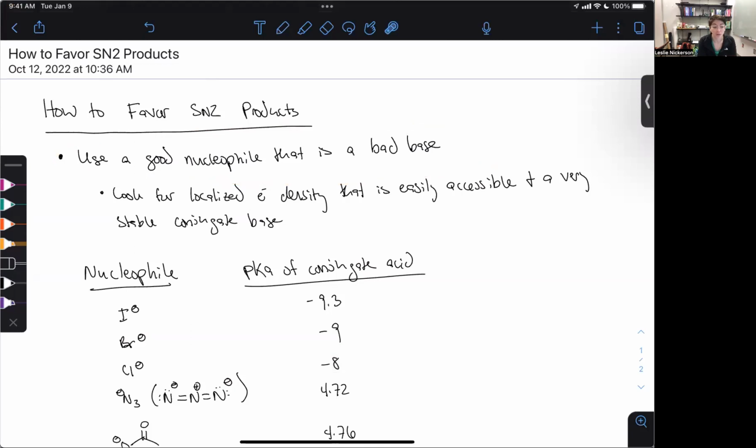A lot of the nucleophiles that we've seen so far can also be pretty good bases. So you have to look pretty carefully to find something that has localized electron density. That's going to give us the good nucleophile part. It has to be easily accessible. And then to make it a bad base, we need to have a stable conjugate base. So generally we're looking for compounds that are conjugate bases of very acidic acids. If it's very acidic, that means that negative charge, that conjugate base, is going to be very, very